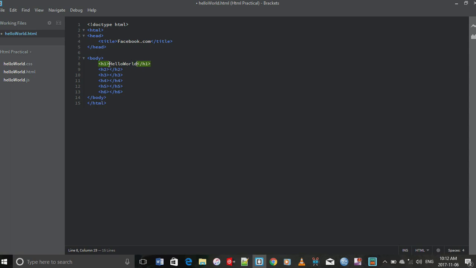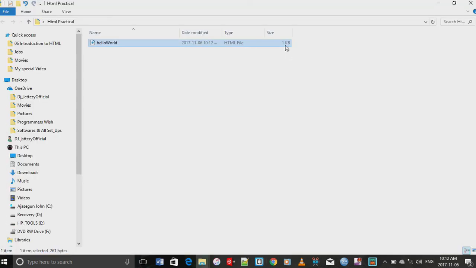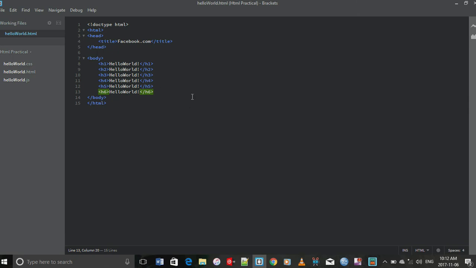Hello world. Now watch this. This is the most important part you need to know. I copy and paste it, paste it. I save my document file. Now watch this. Can you see it's now 1 kilobyte, which shows that something is inside the file. Now let's preview it on our browser and watch what happens. Okay, can you see it now? Hello world, hello world, hello world. Now basically these are the different 6